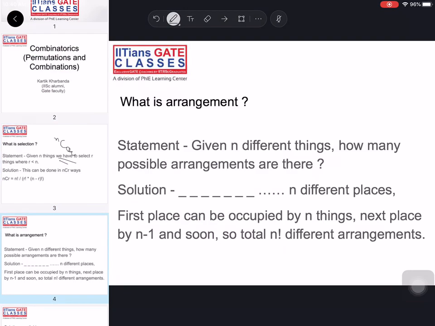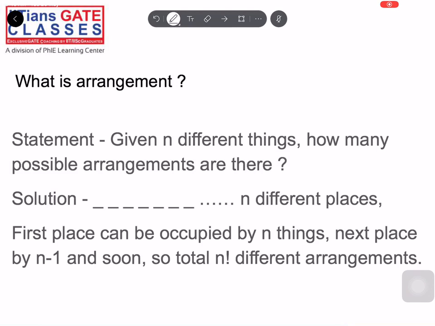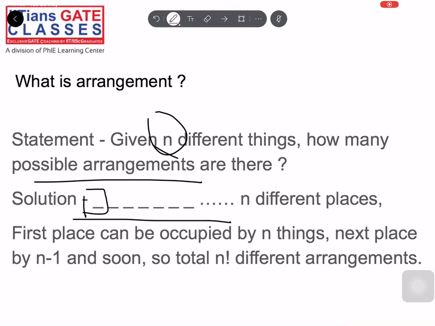So next thing is the arrangement. What do we mean by arrangement? Arrangement is nothing but, once you have done your selection, once your selection procedure is over, now your job is to find how many different arrangements of the selected things are possible. Suppose we selected n things, and out of those n things, I need to find how many different arrangements are possible without any condition. If I want to find these arrangements, I'll place n blanks, and in each blank, I'll have some choices, right?